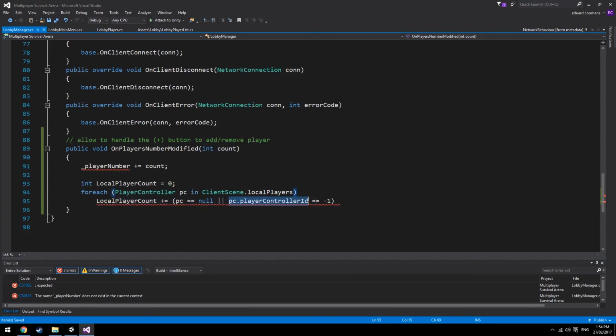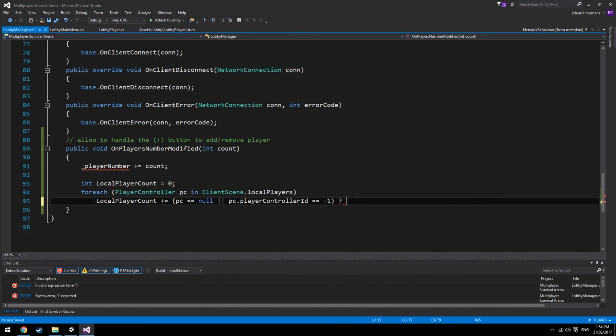So the only time a player controller's ID is -1, meaning there was an error getting the information, or there's no information there, which means it isn't a local player, then we want to say,